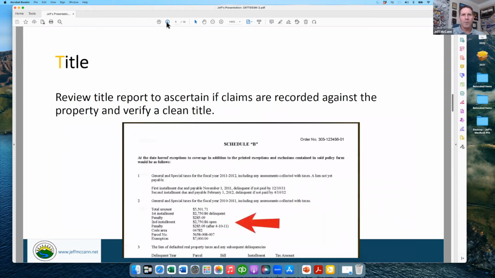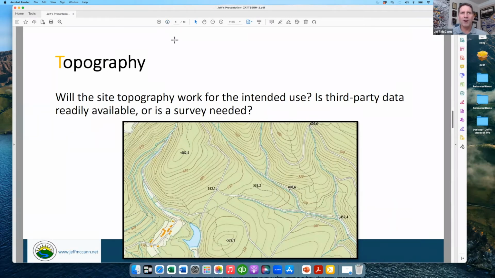Okay, I will jump on to the next. So the next T in ZATTSSUM is topography. And we live in a beautiful area around Seattle, and it's lovely for many reasons, but